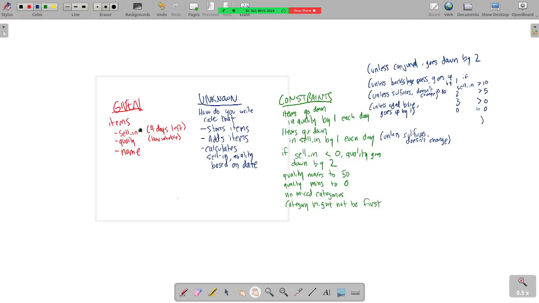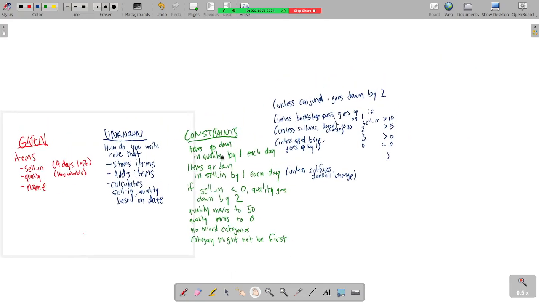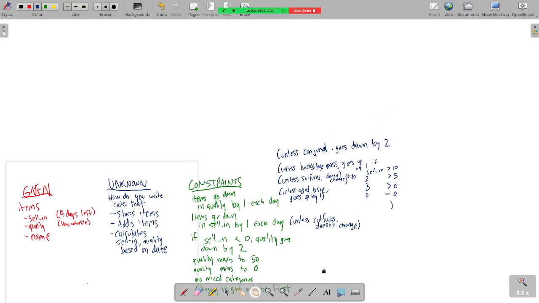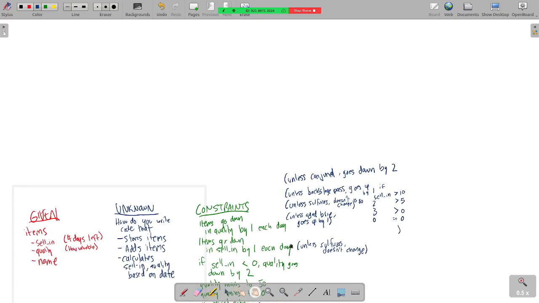And so when you look at all the things that matter at the same time and you group them based on how they need to be, that's how we start getting to a problem that we can solve, or at least tear apart. So we can make smaller problems with this too. An example might be items go down in quality by 1 each day unless these 4 things. So then a smaller problem could be something like